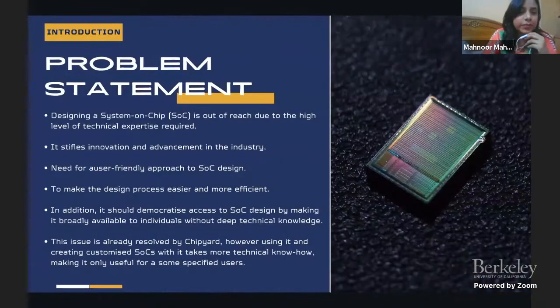So first of all, the problem. For many people and organizations, designing a system on chip is out of reach due to the high level of technical expertise required. This restricted access to SoC design could stifle innovation and advancement in the industry. There is a need for a more accessible and user-friendly approach to design SoC. The method should make the design process easier and more efficient. In addition, it should democratize access to SoC design by making it more broadly available to people and organizations without